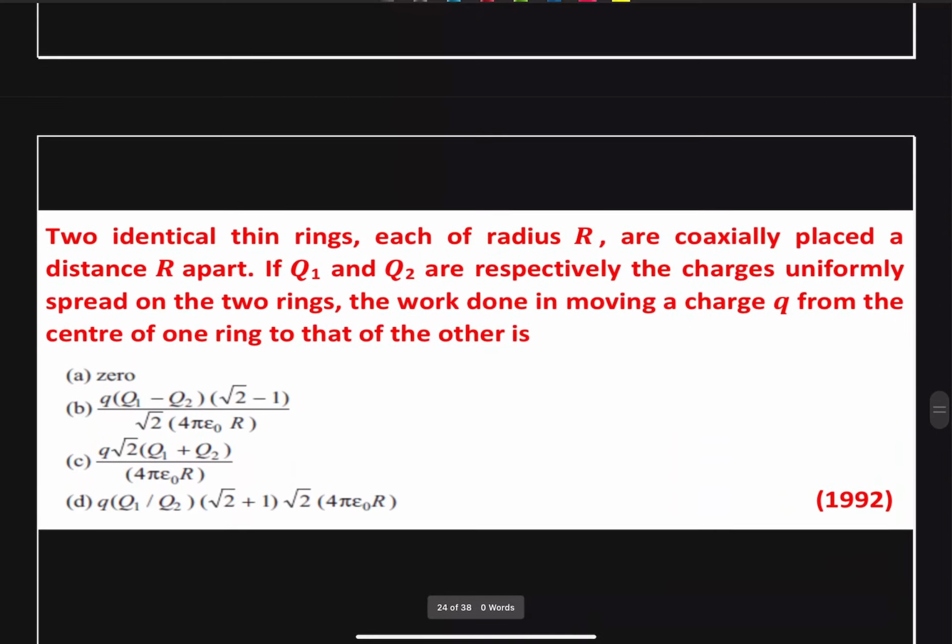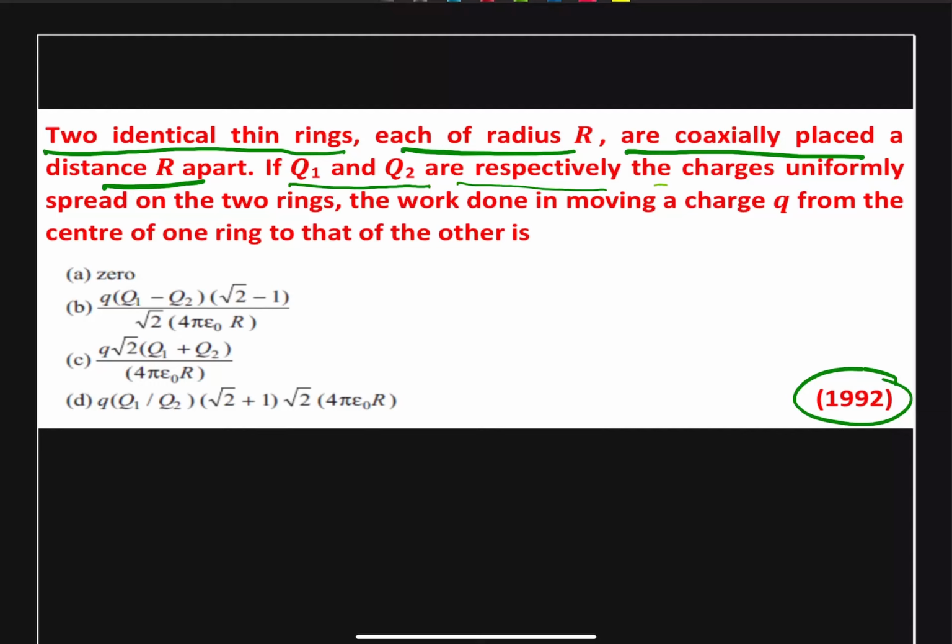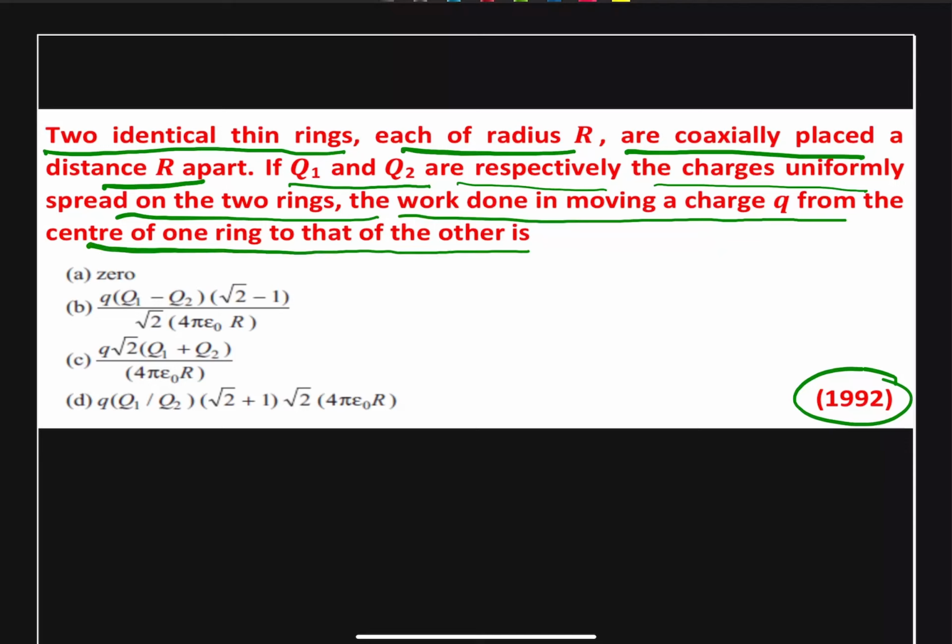Next question, it was asked in 1992, and it states that two identical thin rings, each of radius r, are coaxially placed r distance apart. If q1 and q2 are respectively the charge uniformly spread on the two rings, the work done in moving a charge q from the center of one ring to that of the other is,